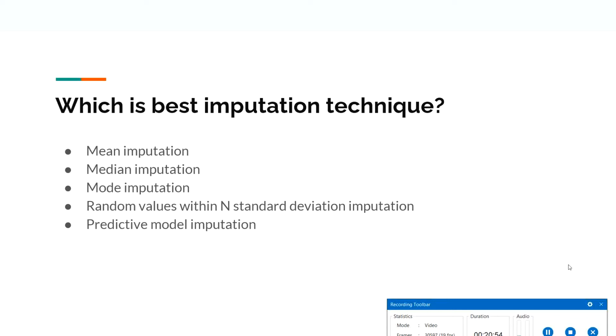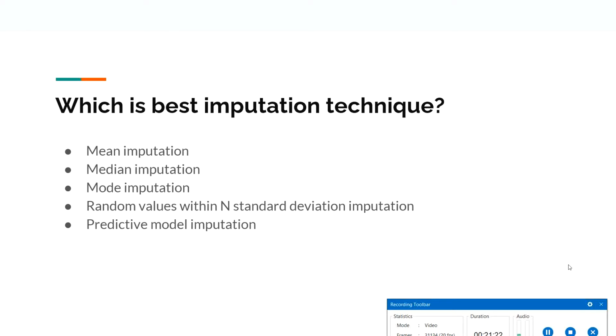If you understand this, there is again a drawback associated with these methods: mean, median and mode. What is that? You are trying to fill a set of values with the same, constant value, which could be the average, median or mode. So what will happen with that? You are trying to make a set of numbers the same, which cannot be true in reality. So there is a limitation.